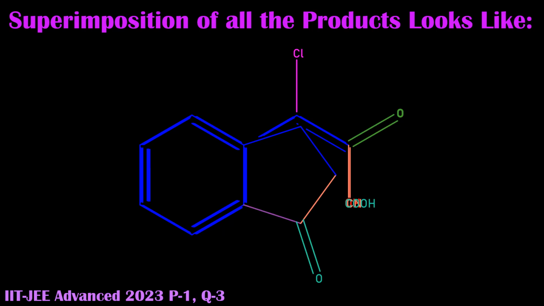So here we go. We'll be taking these questions one by one, and I have tried keeping all the products which are being formed in this reaction sequence in one place. As we do in quantum, we do superposition. If you remember Schrodinger's cat, we say it is in a superposition state of being dead and alive at the same time. I try to do the same thing with my compounds. So all the compounds, starting from the beginning, from the styrene, I tried pasting all those compounds one over another, and this is what it finally looked like. It may not make a lot of sense.